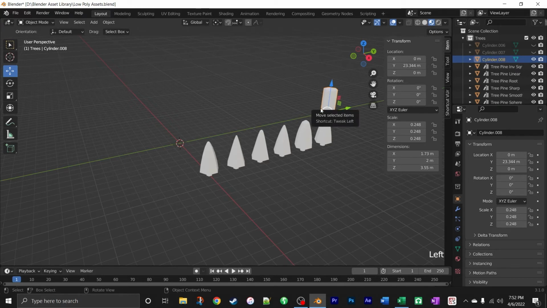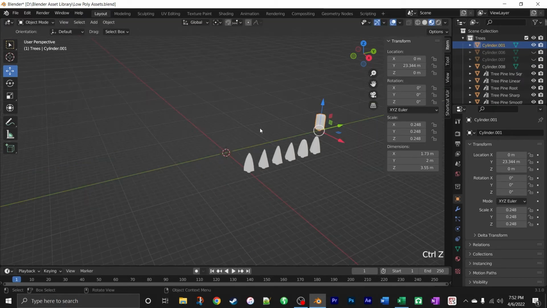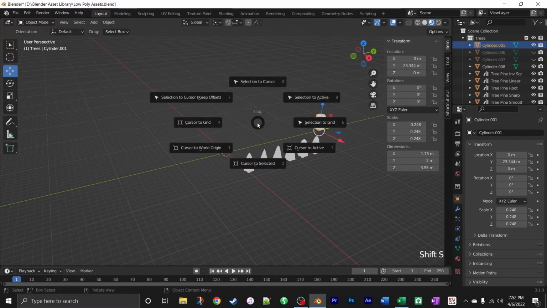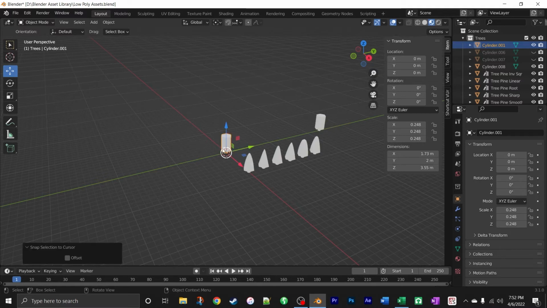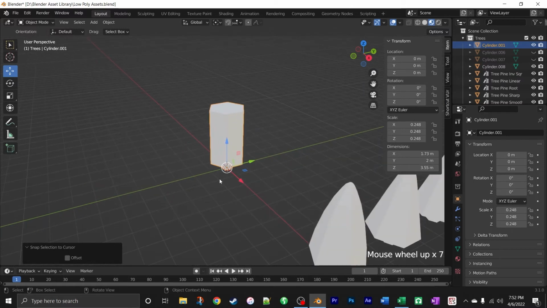We're just going to go Shift Duplicate and then Escape to cancel the free move. And from here, we're going to go Shift S. Brings up this menu here. And what we want to do is we want to go Selection to Cursor, which will snap the duplicate to the 3D cursor here in the middle,